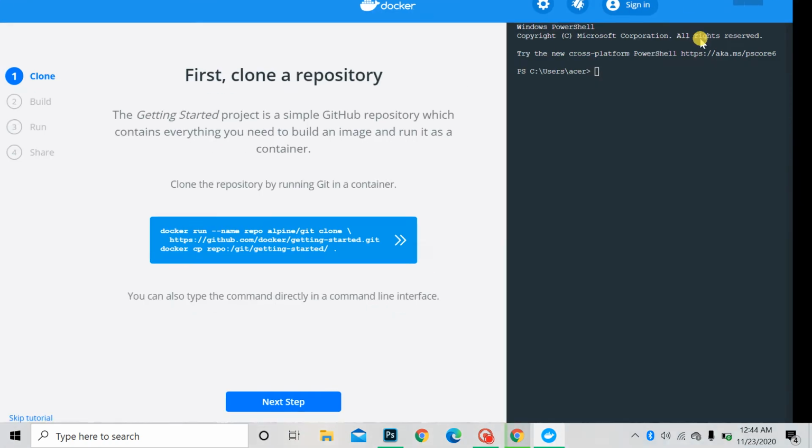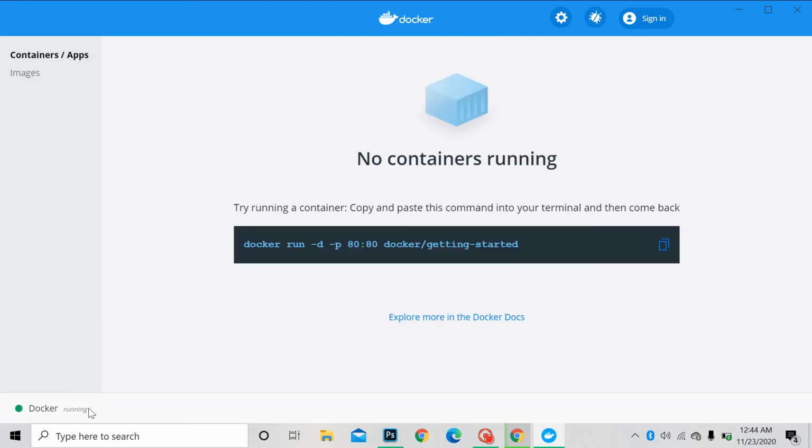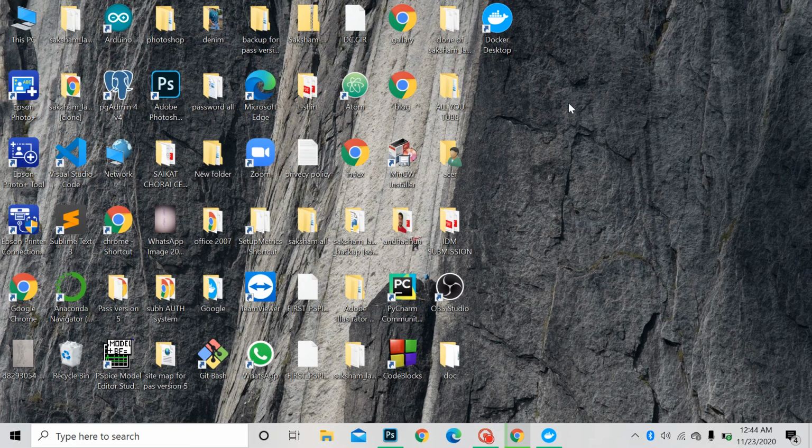I think you won't need any other steps as they have updated. Look, this green logo means it's up and running. So it's running for now, but with technology, it's not the same or constant every time. It's been a week since I was previously installing Docker. There were very many issues, but now there is no issue.